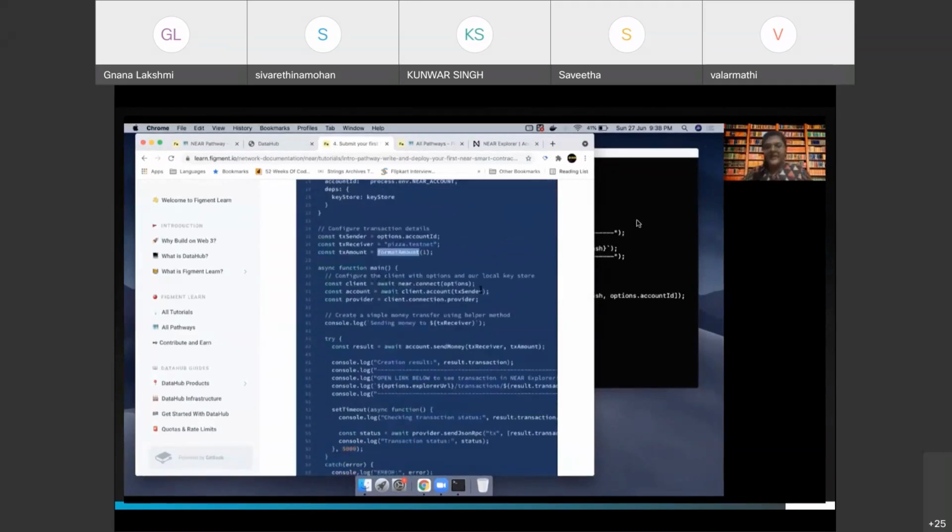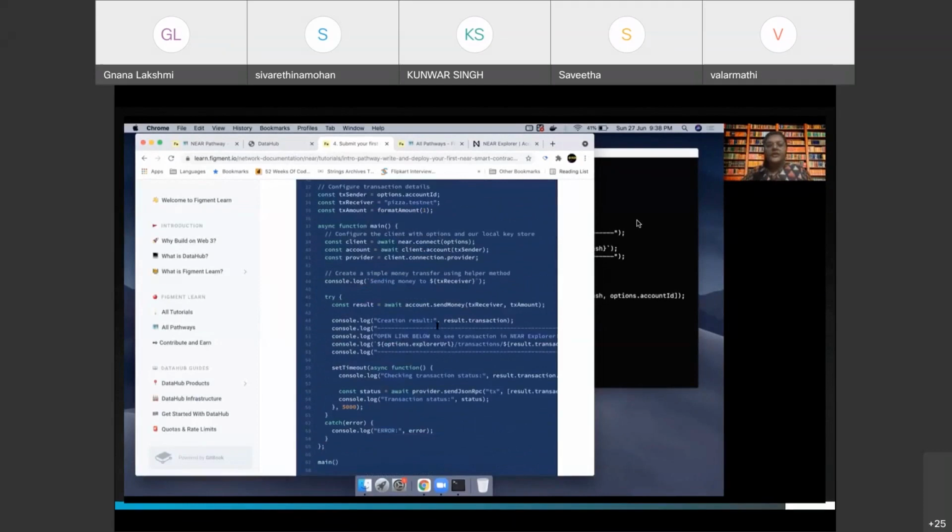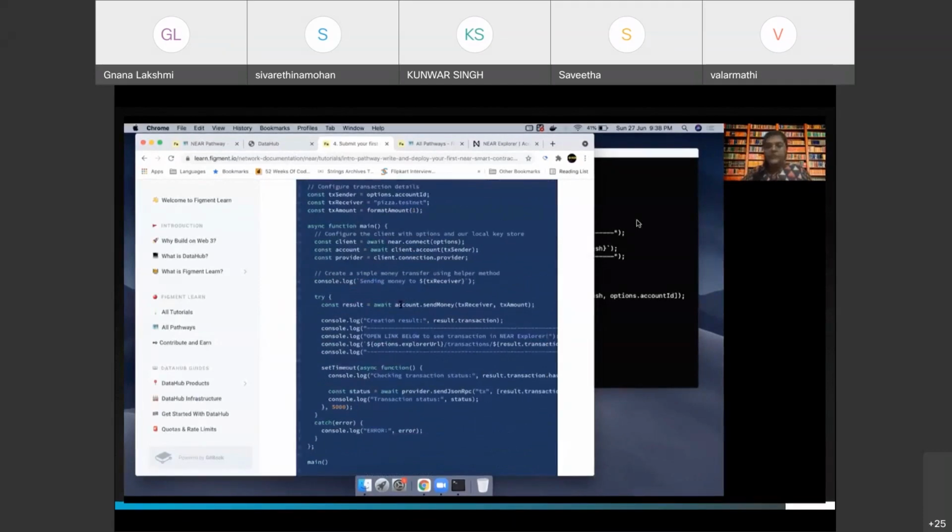We are first connecting, we are getting the account, and we are getting the provider. Now, once we do that, all we need to do is use the account and the function called send money. It takes 2 parameters, the transaction receiver, that is going to be pizza.testnet in our case, and the transaction amount, which is formatted to reflect 1 near.